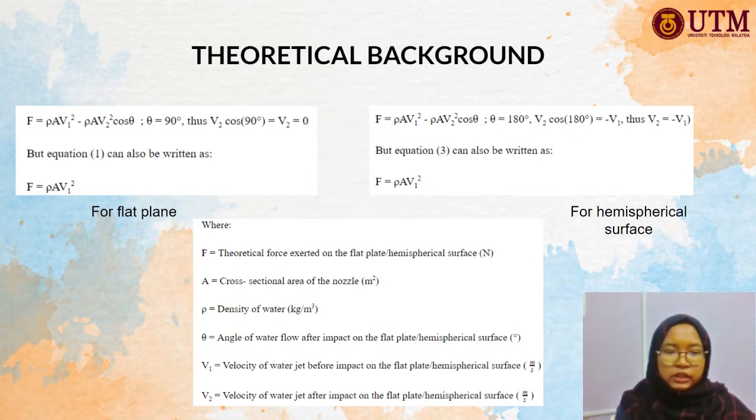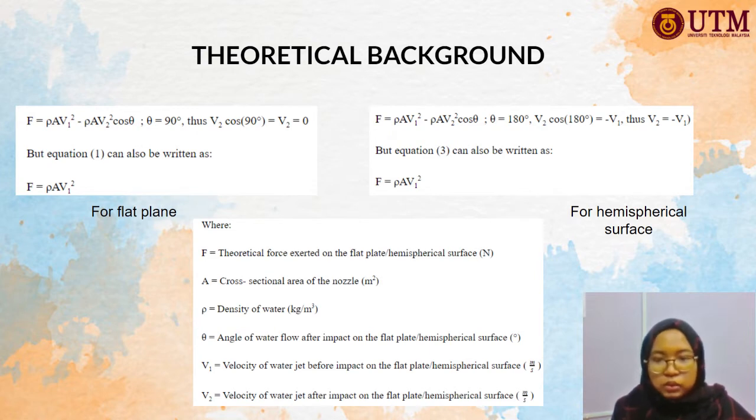And to find the theoretical force generated when a jet of fluid strikes the hemispherical surface, we use the equation on the left side, which is F equal to rho A V1 squared minus rho A V2 squared cos theta. Since theta is equal to 180 degrees, V2 cos 180 degrees equals negative V1. Thus, V2 equals negative V1. So the equation could also be written as F equal to rho A V1 squared,